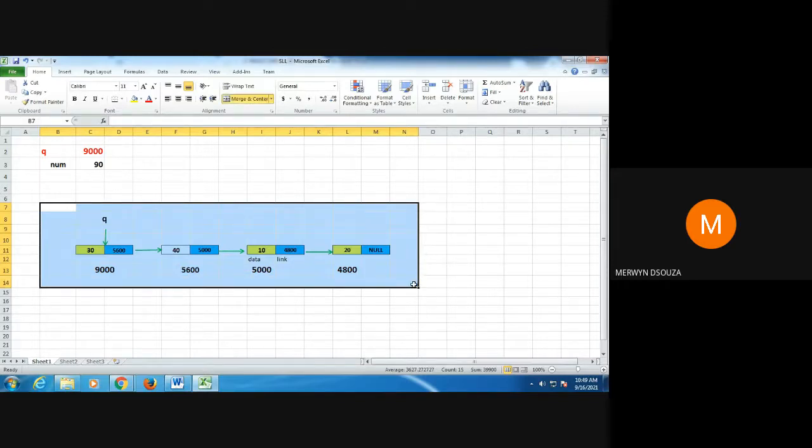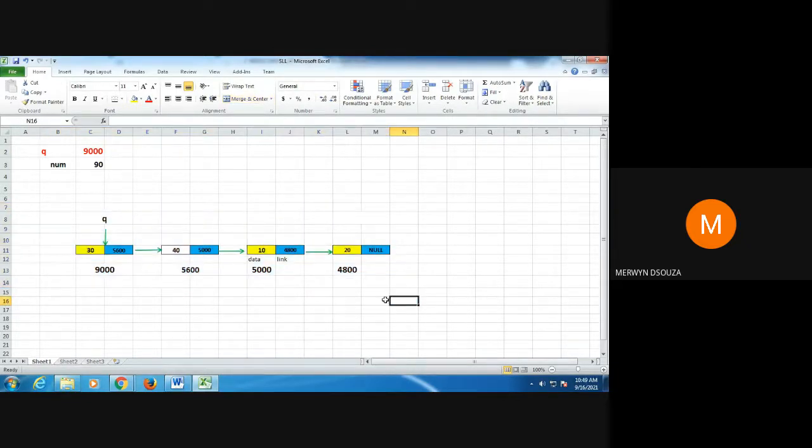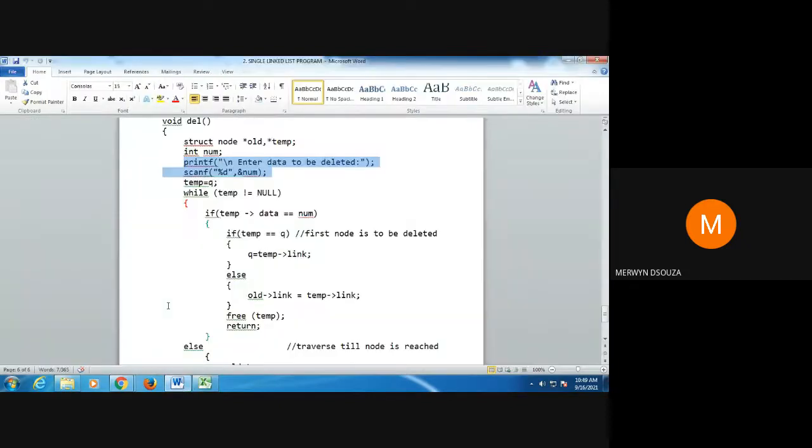So what should happen? Basically, your program should display some message to the user saying that no such node exists. We'll see if that is what happens in your function.